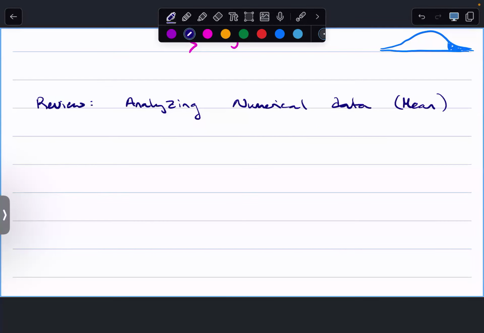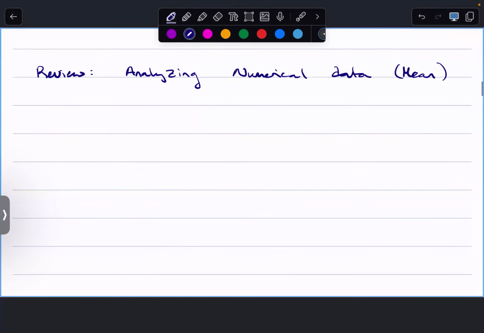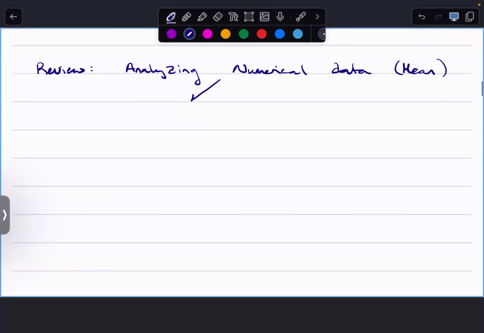Where we started was we said, okay, what if I just have one sample mean and I want to compare it to some number? Is it less than 32 or is it greater than 54, whatever. What can we do? Well, if we have one sample mean as the type of question,